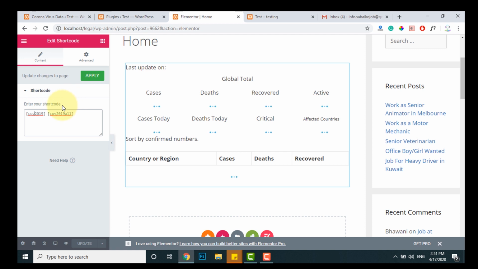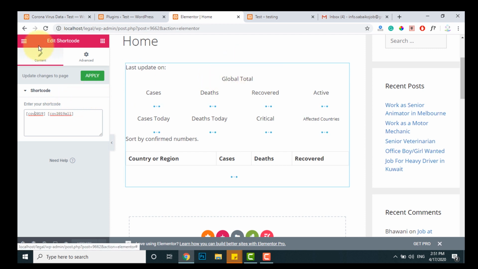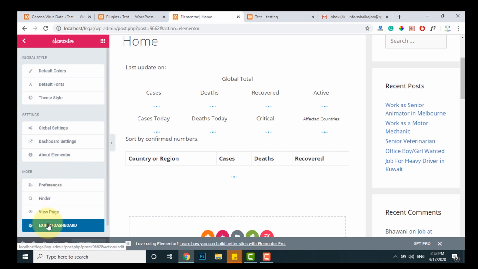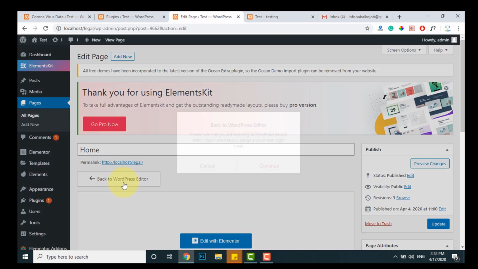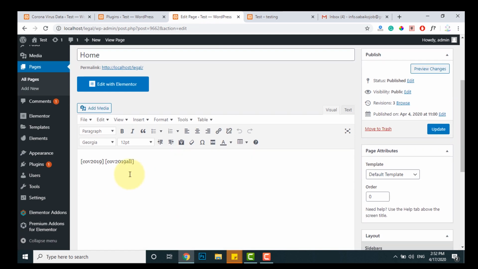So we did it from the Elementor, but if you want to do it from the editor, you can do it from here also. Here also you can paste the code.